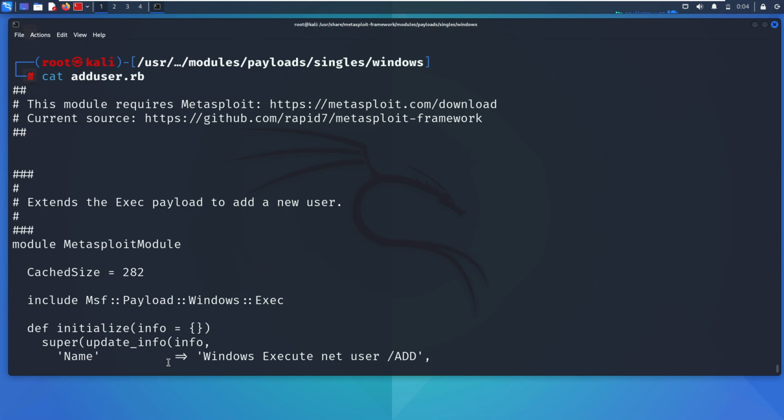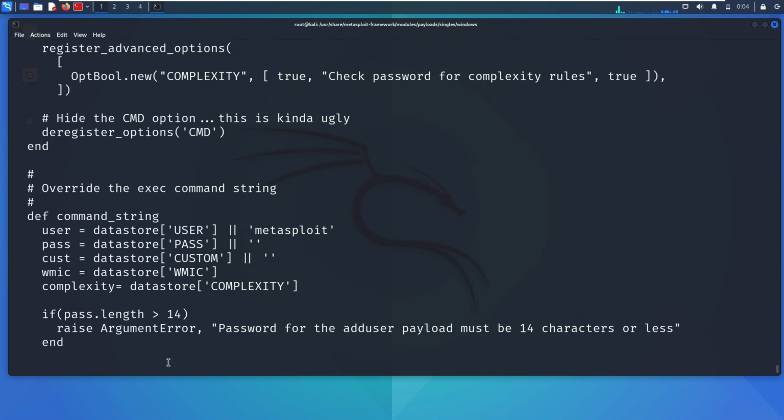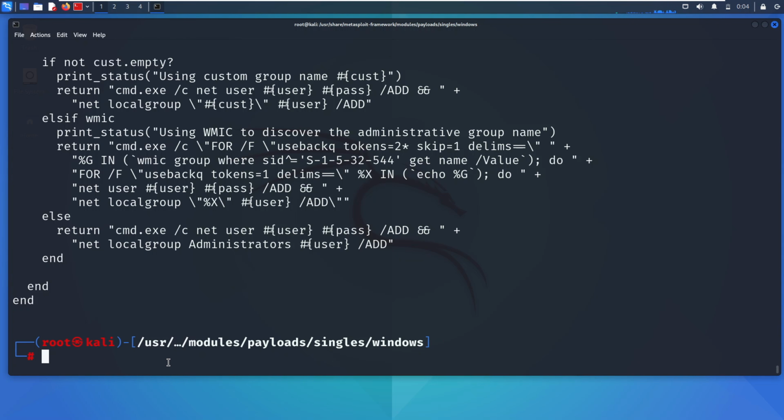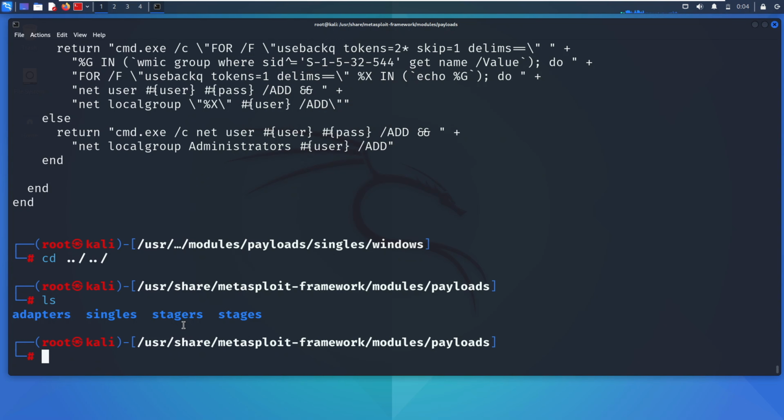This command will display the Ruby code for the Windows Add User payload, allowing us to understand how it functions and what actions it performs when executed. By exploring these payloads, we gain insights into their functionalities and how they can be utilized in security assessments, penetration testing, and hacking activities. Stagers play a critical role in establishing the initial connection between the attacker and the victim